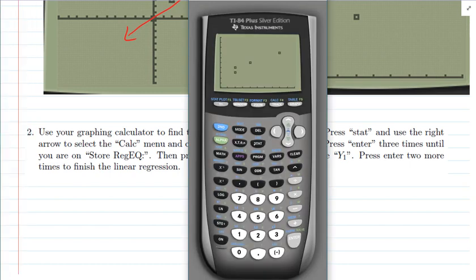So we're going to hit stats again, and this time we're not going to edit. We're going to press our right arrow and move over to calculate, and we are going to use our down arrow or just press the number 4 to choose option number 4, which is our linear regression. And then we are going to press enter 3 times until we get down to the line that says store